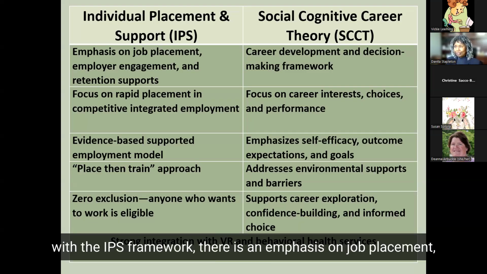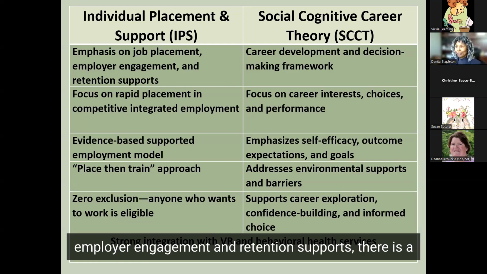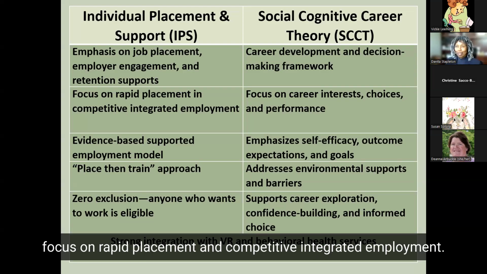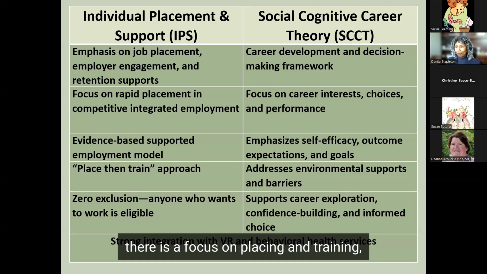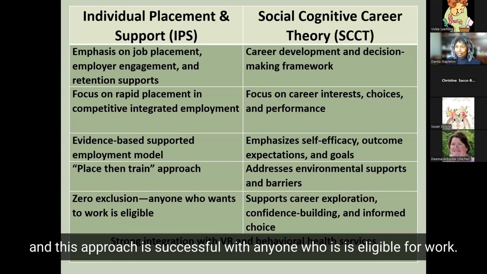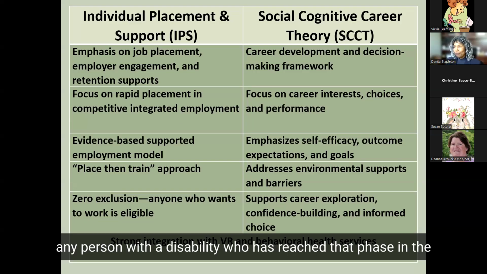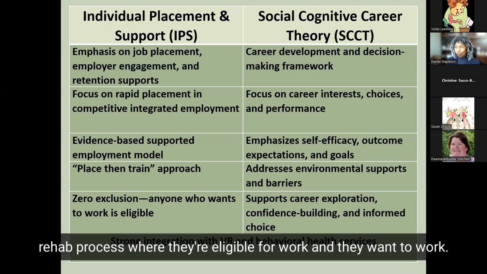With the IPS framework, there is an emphasis on job placement, employer engagement and retention supports. There is a focus on rapid placement in competitive integrated employment. There is a focus on placing, then training. And this approach is successful with anyone who is eligible for work. Any person with a disability who has reached that phase in the rehab process where they're eligible for work and